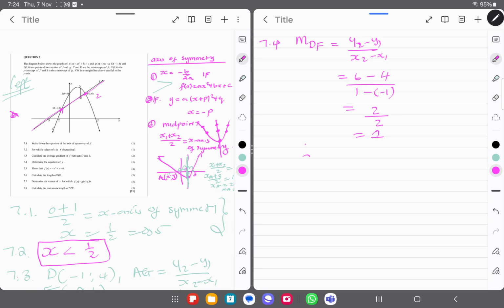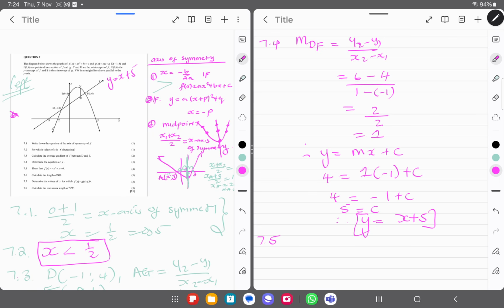So this will then be 1. Therefore, y equals mx plus c. For my y, I use one of the coordinates. I can use 4. m is 1, x is -1, plus c. 4 equals -1 plus c. 5 equals c. Therefore, y equals x plus 5. That becomes the equation of your straight line. 7.5, so it means it's y equals x plus 5. Show that the